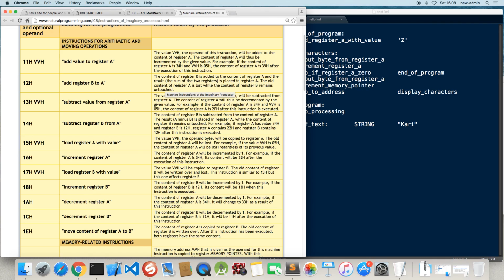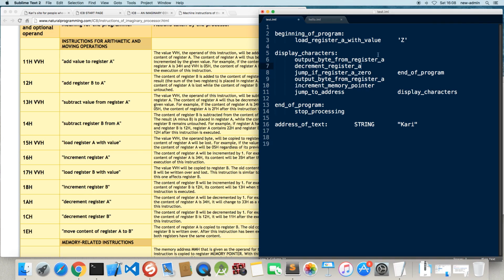So it decrements the register A by 1, and then I will take this out, we don't need this, and